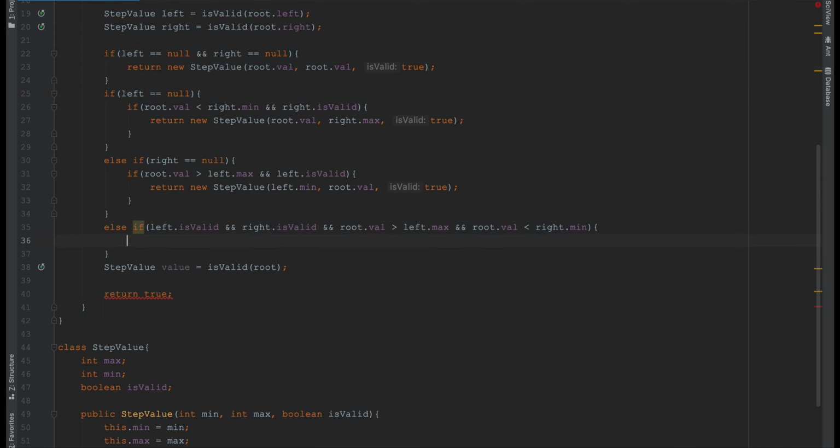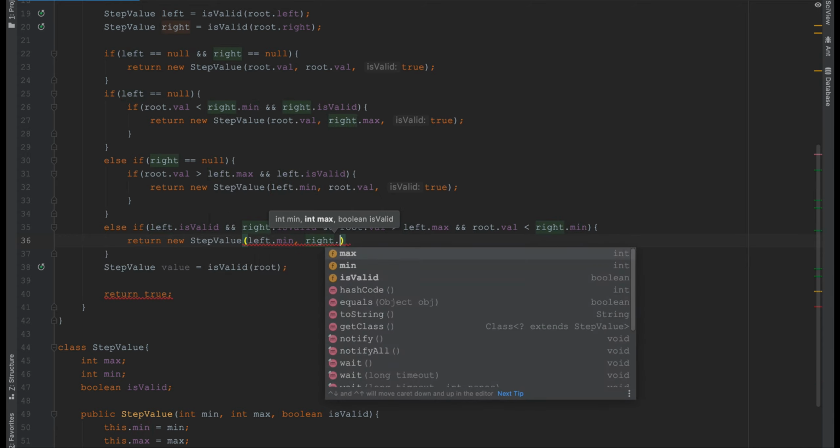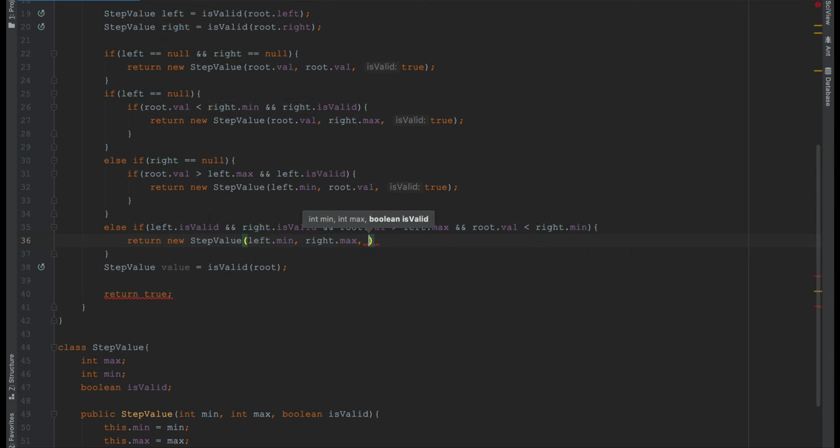Now in this else if block, we'll return the new step value. The min value in this case will be left.min, the max value will be right.max, and isValid will be true.